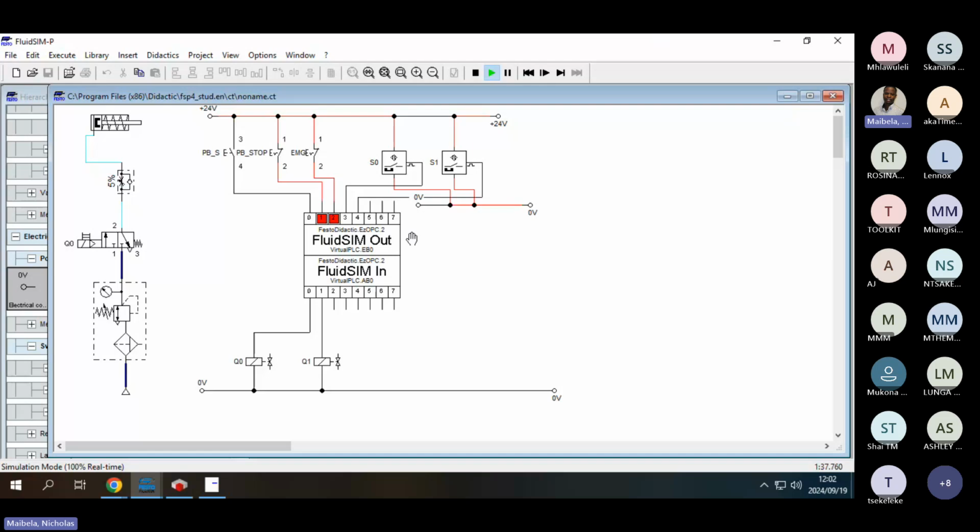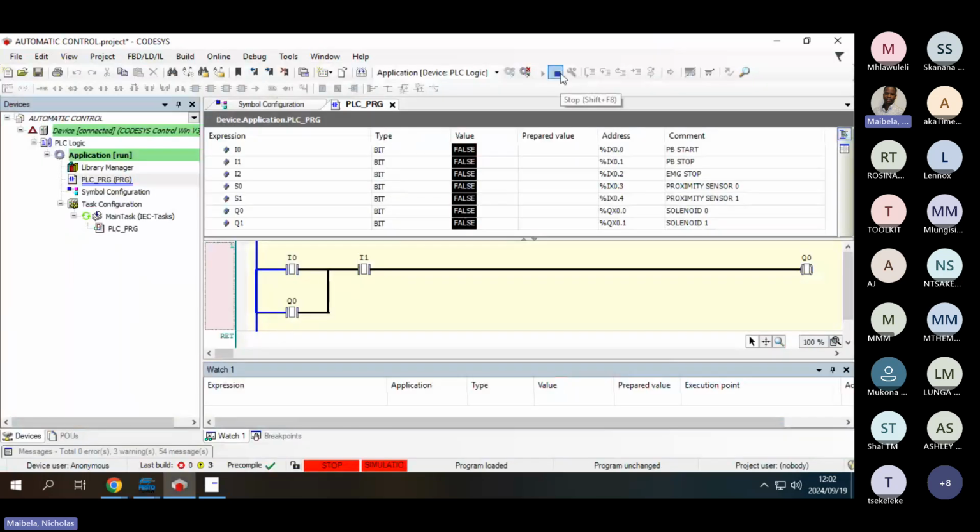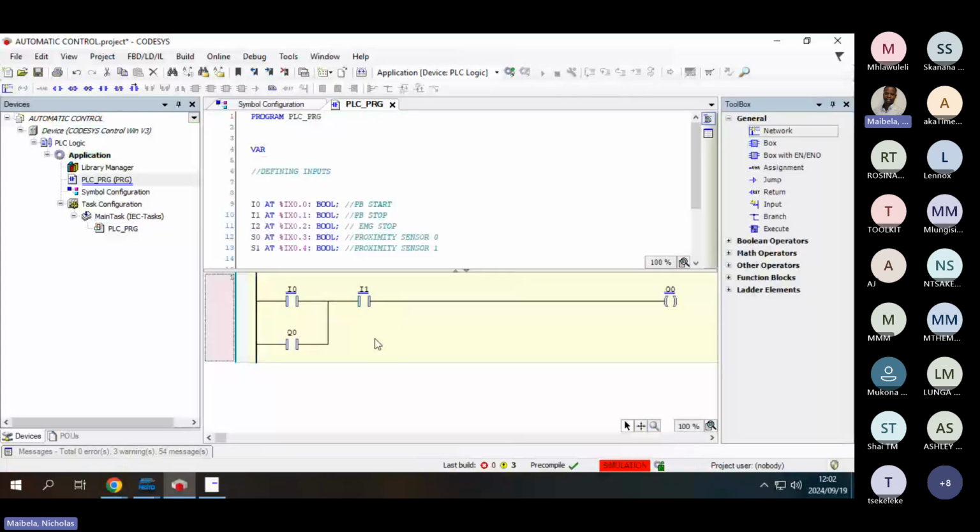So the exercise that we'll be doing now is stopping our process using an emergency stop button, right? We're just gonna stop that simulation and go back to our CoDeSys, and then log out. Okay, we're now gonna add our emergency stop. How you do that is click on the line and then insert another contact, and then you label that